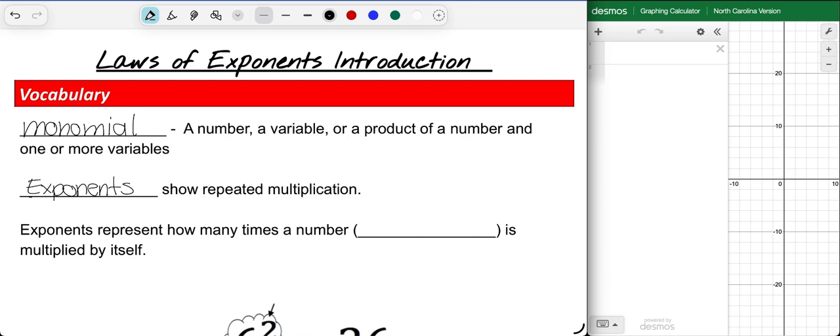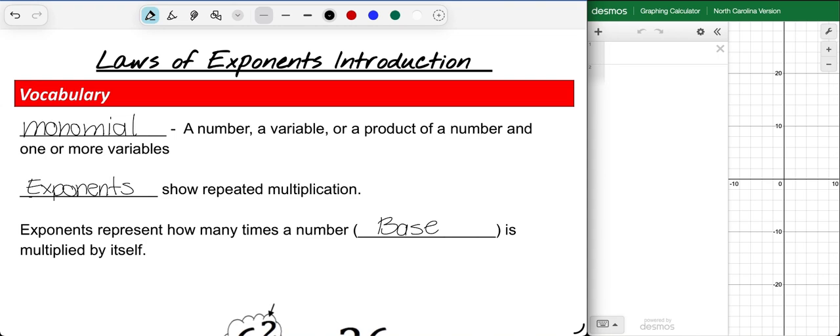Exponent shows repeated multiplication. So the little number that is attached to a big number, that is an exponent. That number tells us how many times we can multiply that big number to itself. Okay. And that leads us into the third vocabulary where exponents represent how many times a number, which is also called your base,